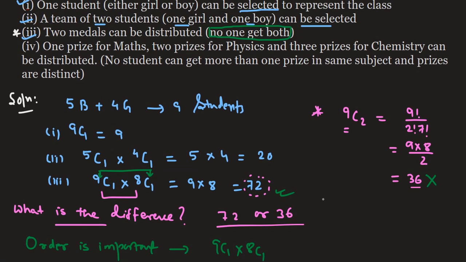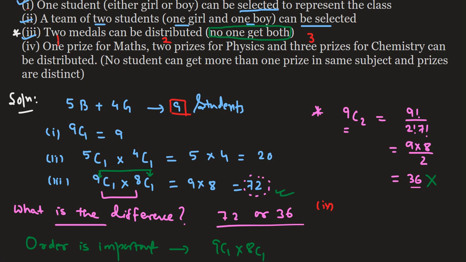Next is one prize for maths. Now how many students do we have here? So question number 4 I'm going to solve here. You have one prize for the maths, a total of 9 students, 2 prizes for the physics and 3 prizes for the chemistry. So 3 chemistry, 2 physics and 1 prize for the maths. Now you have to distribute it in such a way that no student can get more than 1 prize in the same subject,